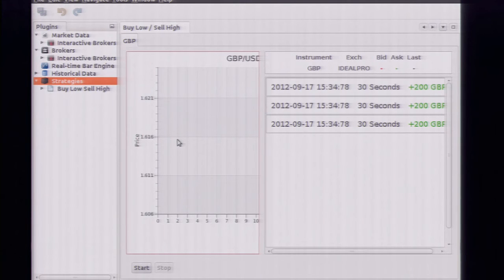This is a JavaFX chart right here, and the rest of these components are just plain old Swing components. The real-time prices are displayed up here. These are just hard-coded labels right now, but when the application makes a trade, the time the trade was closed out, the amount of time that it was in that trade, as well as the profit or loss, is displayed there. So I'll go ahead and connect to